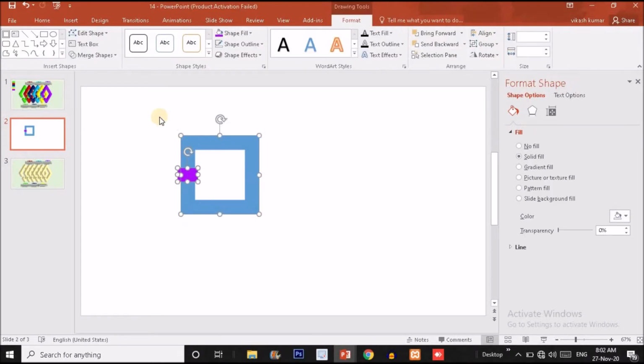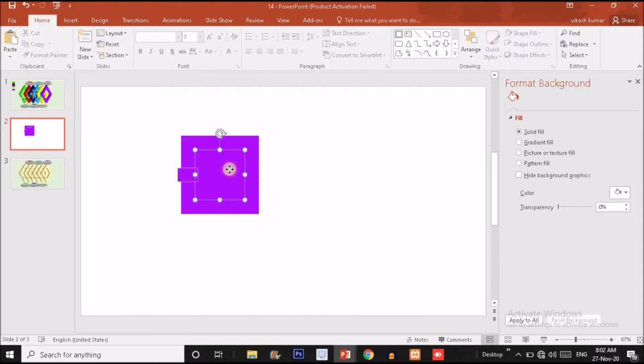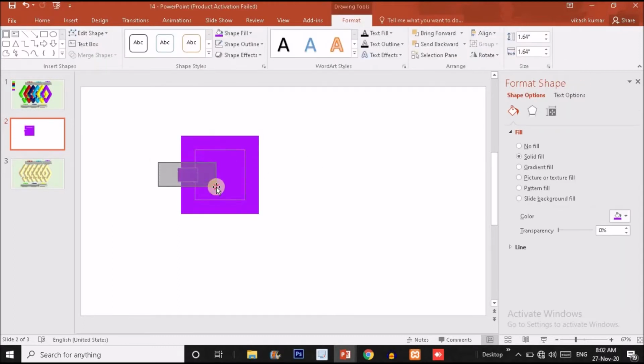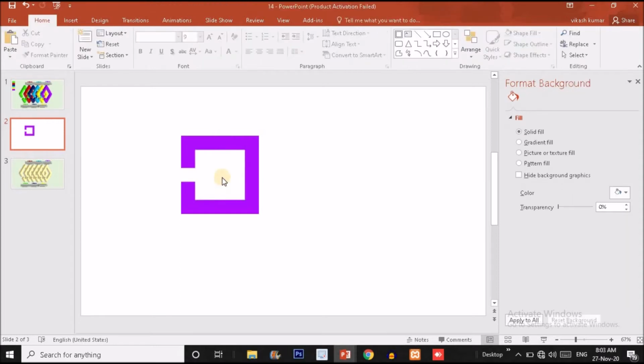Select all these shapes, or press Ctrl A to select all these shapes. Here you will find the merge shape option. Now we just have to select fragment. Now we don't want this part and this part, so I'm going to delete them. We want only this part. Okay guys,